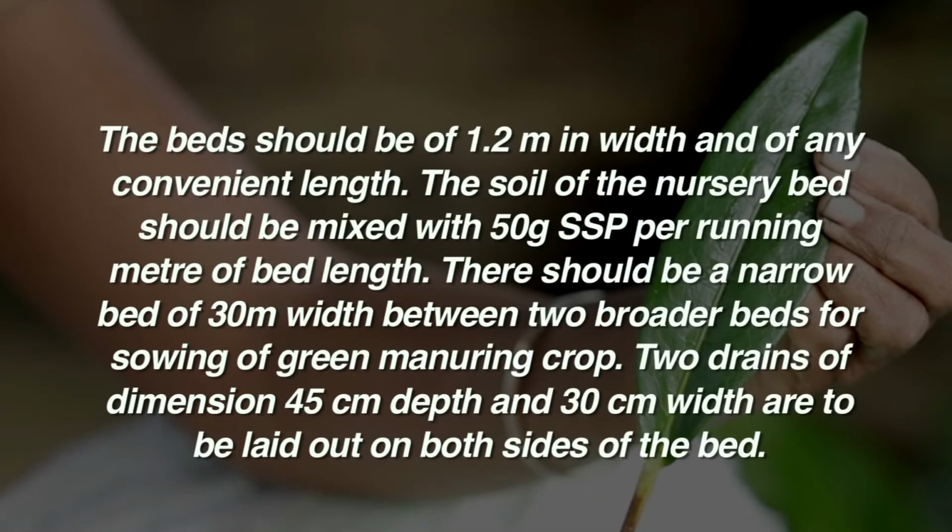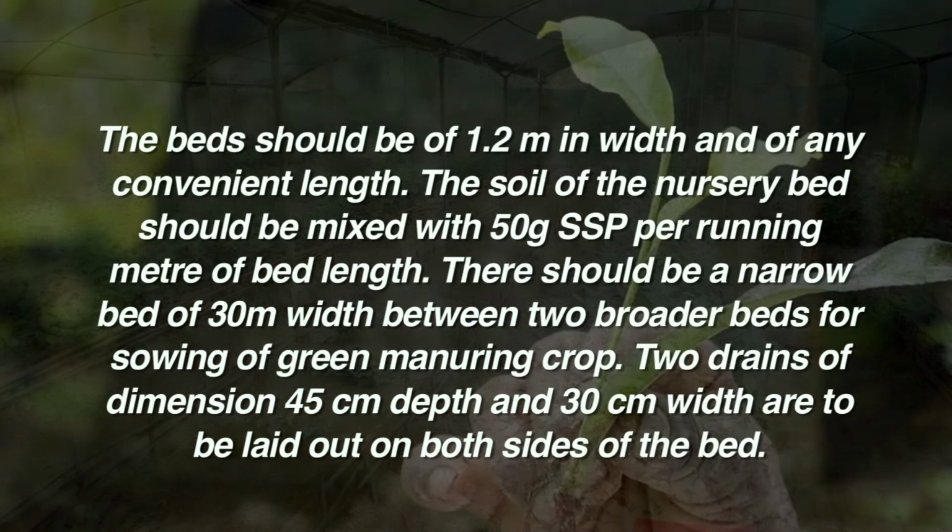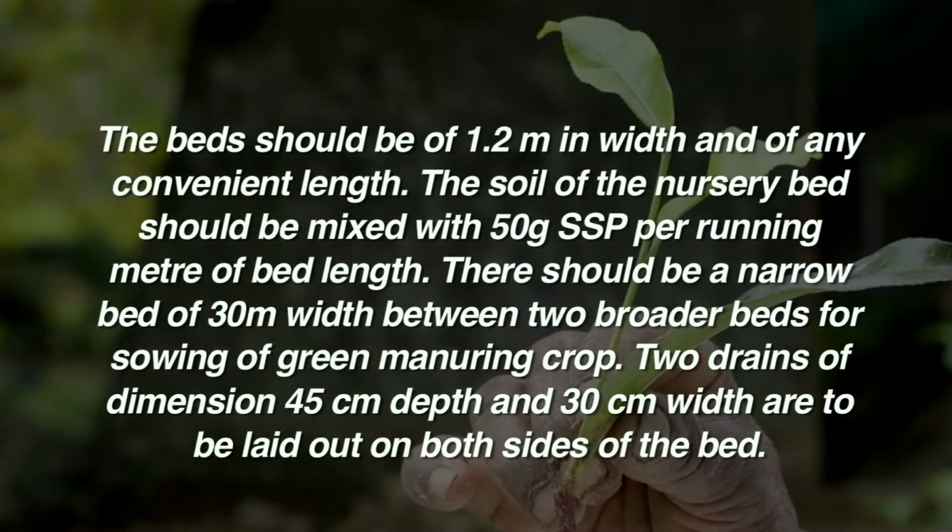When seeds are to be sown directly on beds, plowing of the soil up to 45 cm is necessary. Care should be taken so that the land is leveled properly following plowing. The beds should be of 1.2 meter width and of any convenient length. The soil of the nursery beds should be mixed up with 50 grams of SSP per running meter of bed